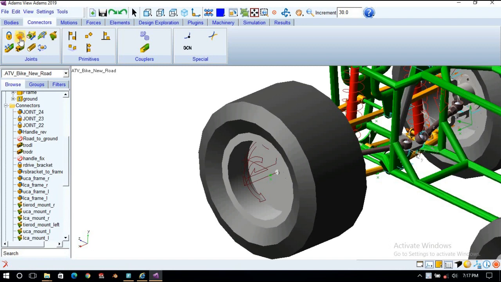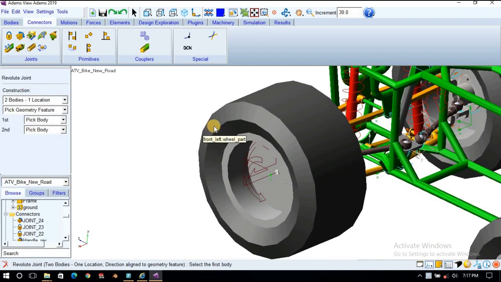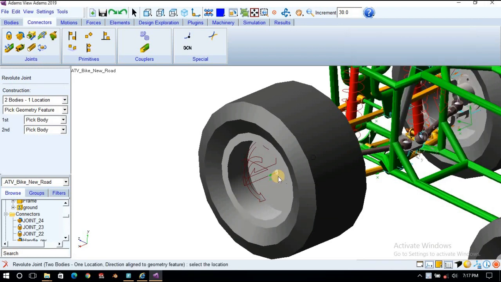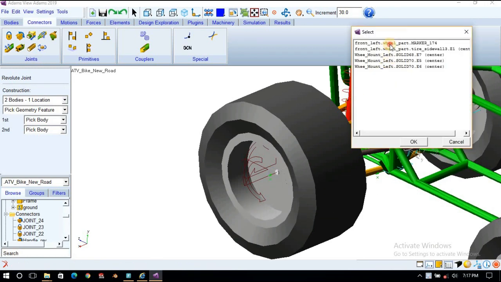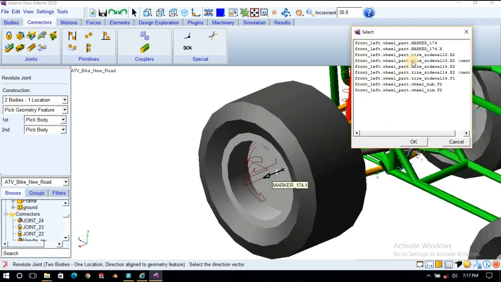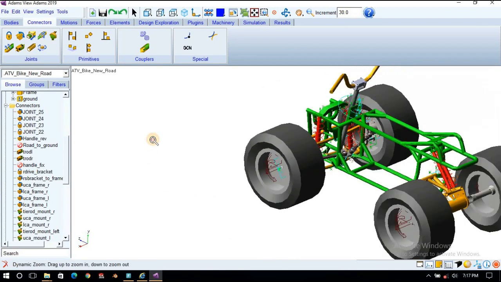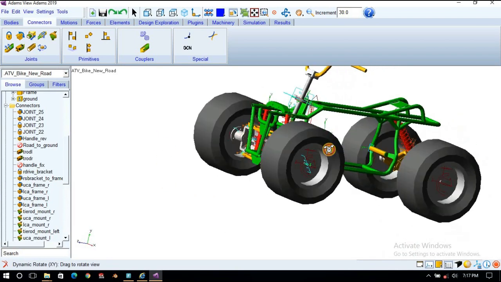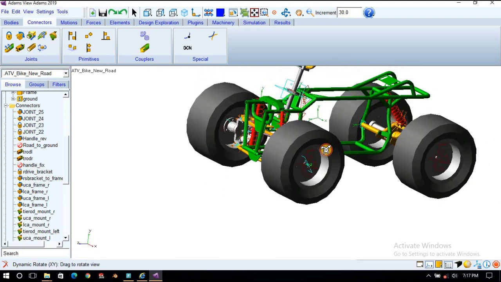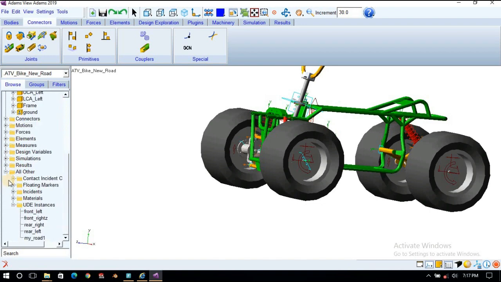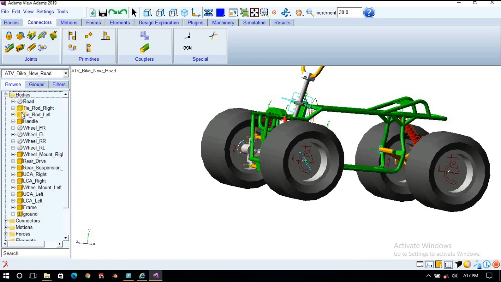Then connectors, revolute joint, first body this one, second body right click, wheel mount left, and choose location at this marker 174. Then orientation should be along the axis. So you can rename markers and create or select the appropriate marker.